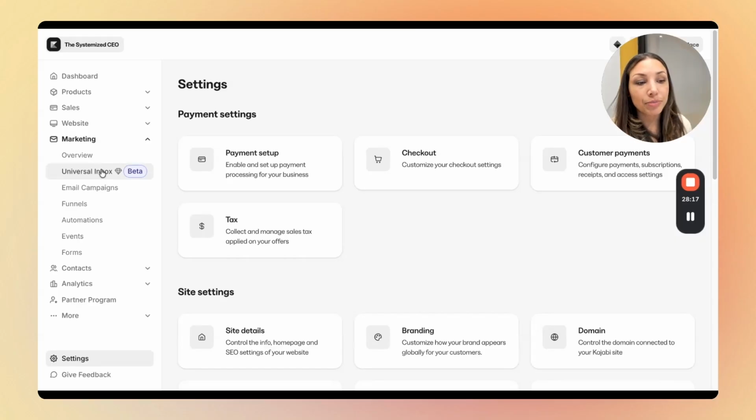So for example, it has a universal inbox, which means all of your DMs from your social media platforms, as well as your emails coming in, can live in one inbox. So you never miss a conversation. It also has your email campaigns. Email campaigns mean one broadcast, meaning you can send out an email to your list at any time or schedule it out. But you can also create automated